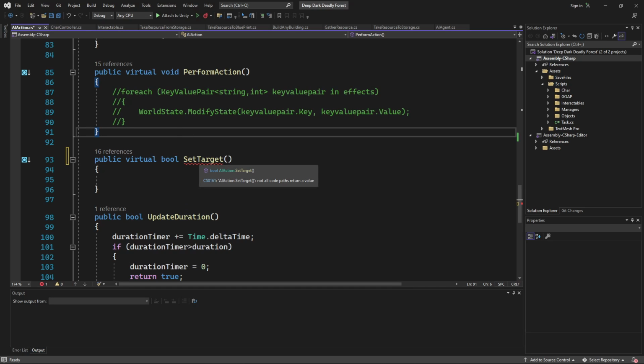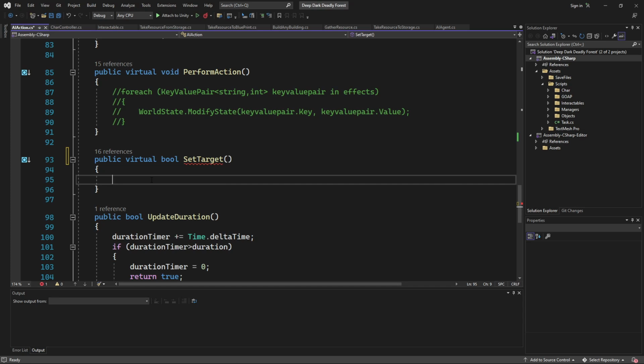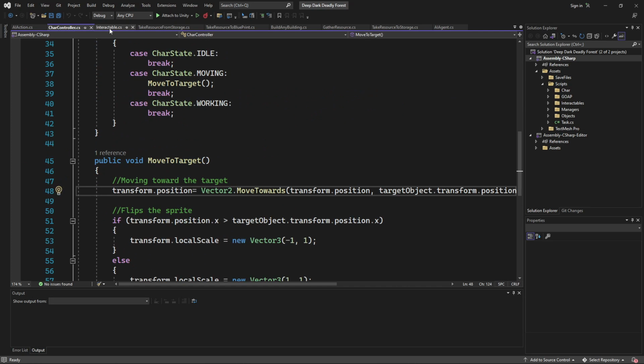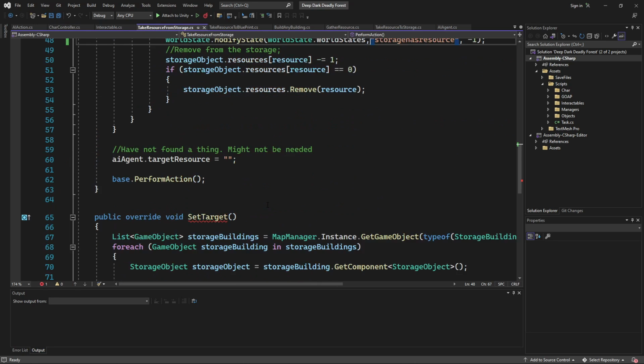Alright, now we're going to have to change all of those. And the base is to return true, I guess. We're going to need to fix all those things. I don't know why it says no issues found, because we're going to get some issues.